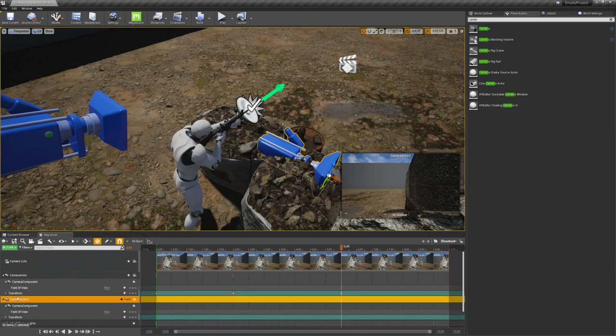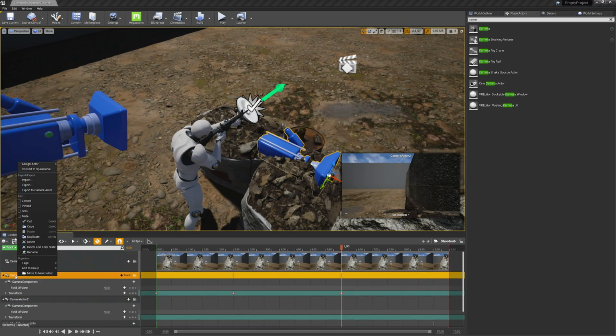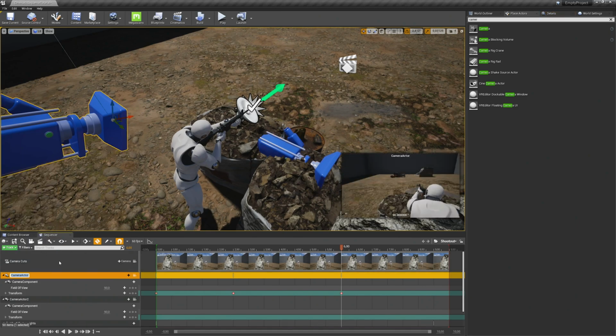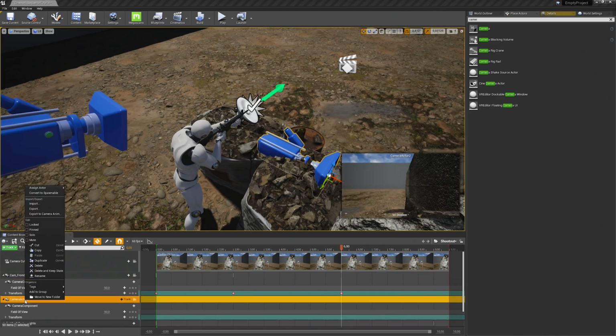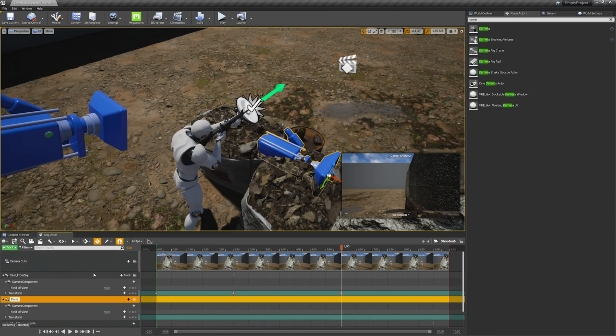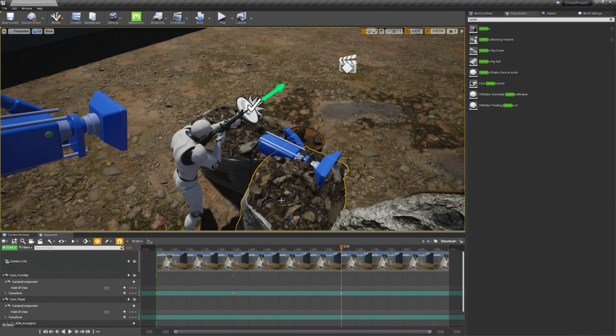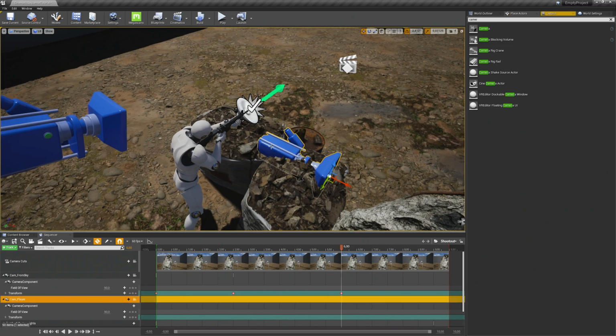You can also give all those actors names, so just right click on it, click on rename, say cam from sky, and rename the other one cam player. Because when we add several more cameras, it will get confusing with the naming, and then you don't know which layer you should animate. And with the proper naming, you always know which camera to choose and which camera to animate. Then we can start piloting our other camera.